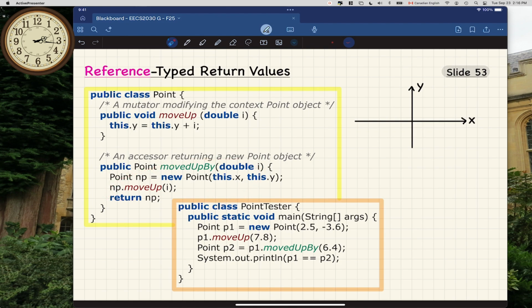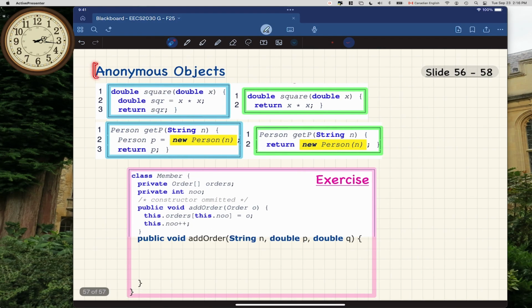The second thing is about how to write anonymous objects. An anonymous object simply means an object without any name, or without its address being stored in a variable. So you can write something like a new Person right here. You can see I simply return a new Person expression. That's an anonymous object. These 2 things are something we wouldn't cover explicitly in class, but they might be covered in the test. Go over them. If you have any trouble understanding these 2 topics, reach out to me